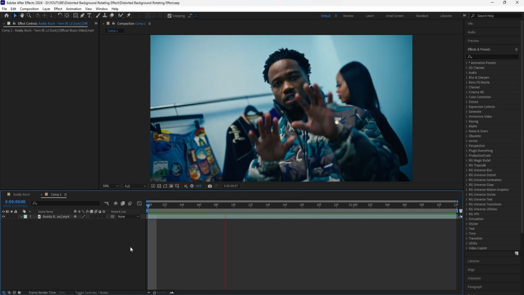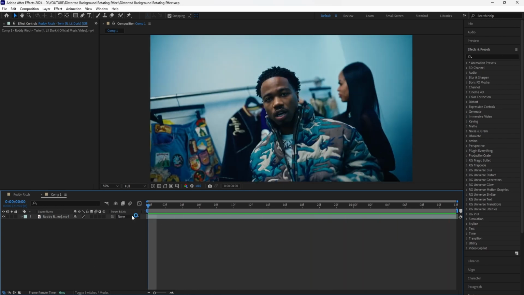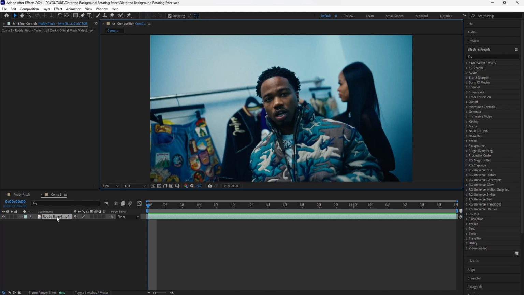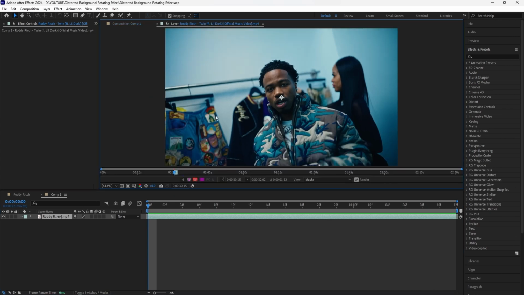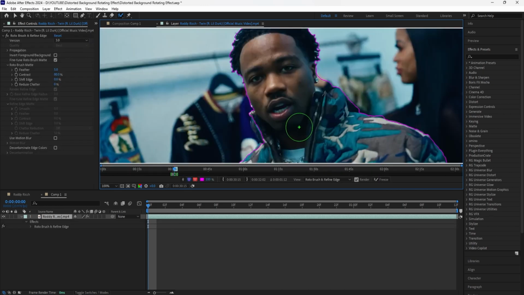And what we're going to do in order to get started is we're going to rotoscope our subject. I'm sure most of you guys know how to rotoscope, but for those that don't, I'll be giving a quick rundown. So what we're going to do is double click this layer, and that pretty much just goes into the layer from the composition. And then you're going to want to grab the roto brush tool, and in order to adjust the size, you can hold the control button and then left click and drag your mouse, and that makes it bigger or smaller. And what we're going to do is rotoscope our subject,